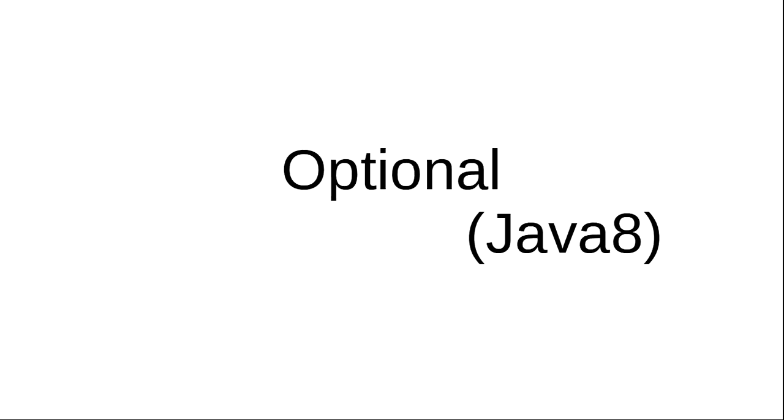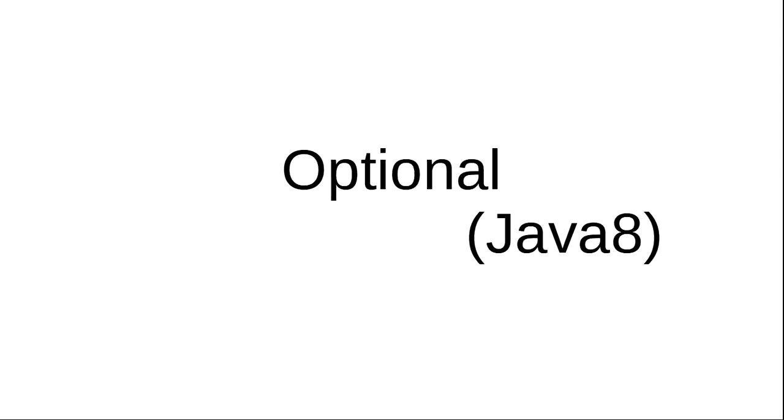As part of the Java 8 series, today we'll discuss the Optional class. Prior to Java 8, we used to encounter NullPointerException n number of times, right? So we used to keep null checks everywhere. If so and so object reference is not null, then do so and so, else do so and so, or something like that, right? To address this problem, the Java 8 team introduced this Optional class, which is